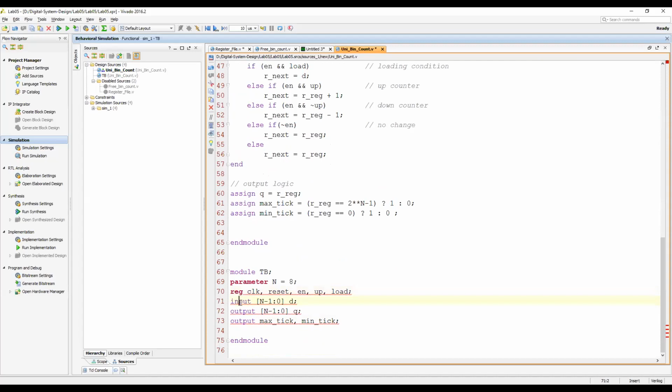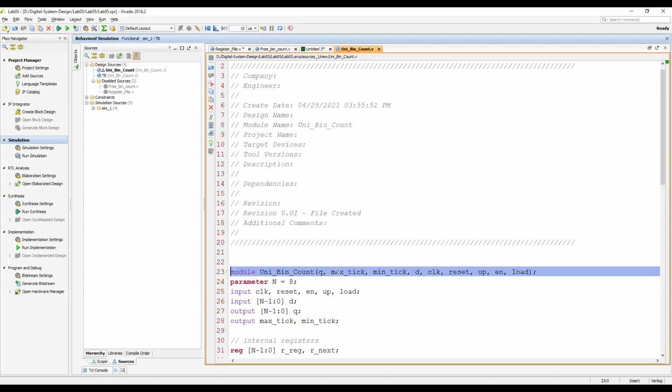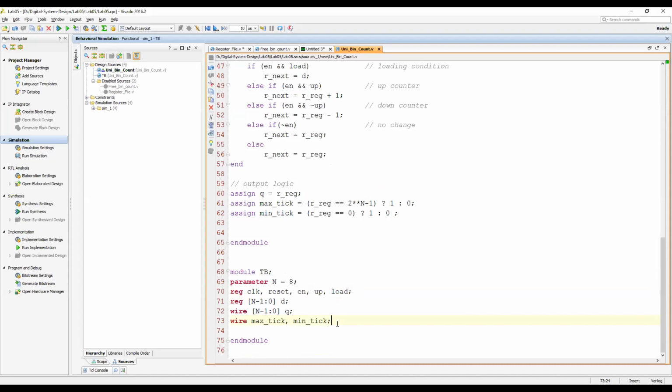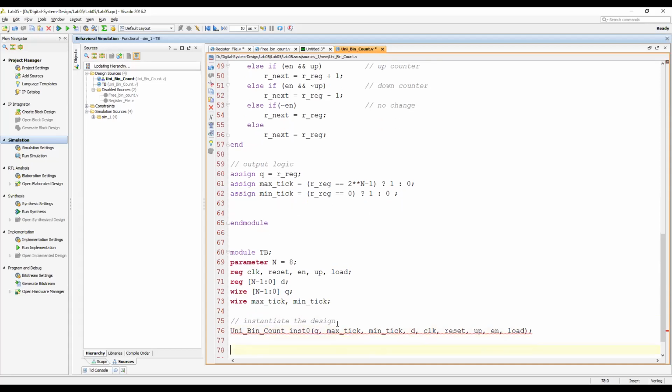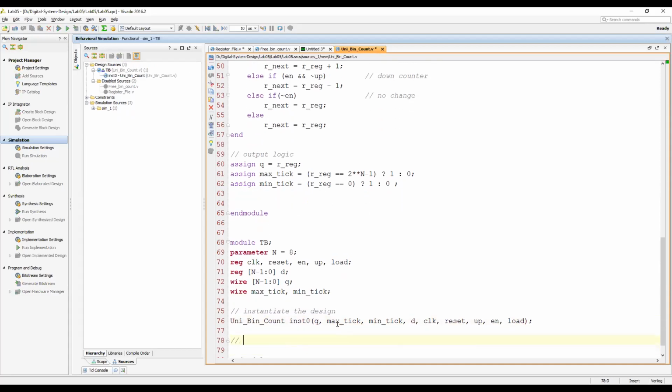Reg, and Y. Second, instantiate the design. Generate the clock.